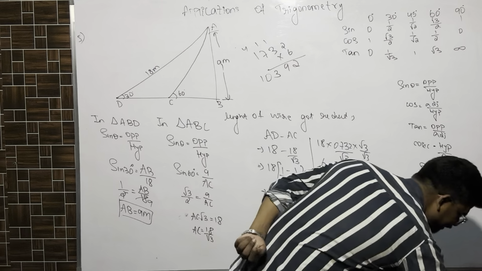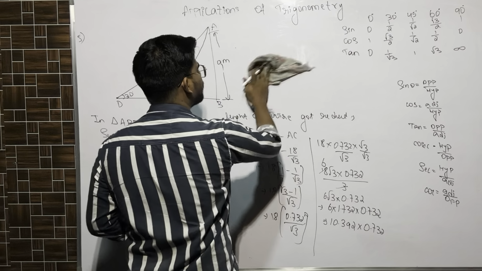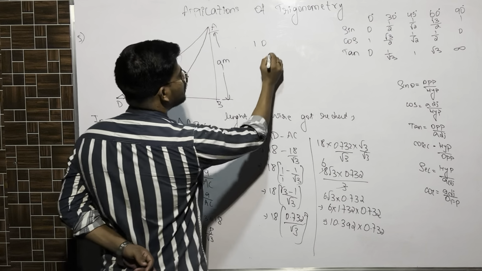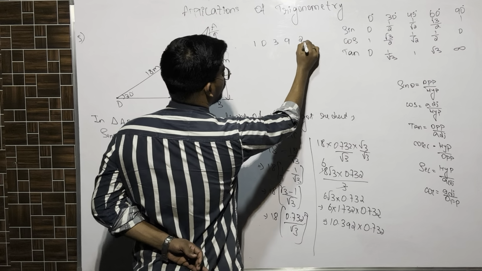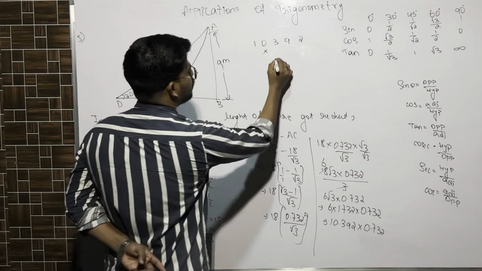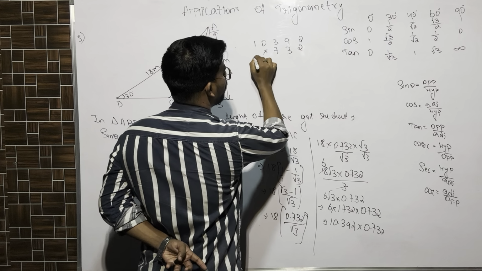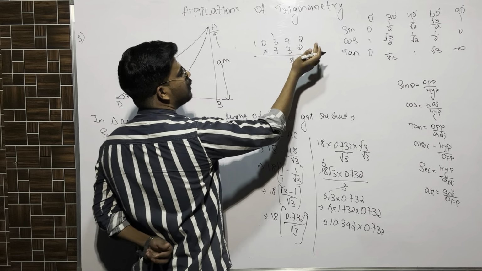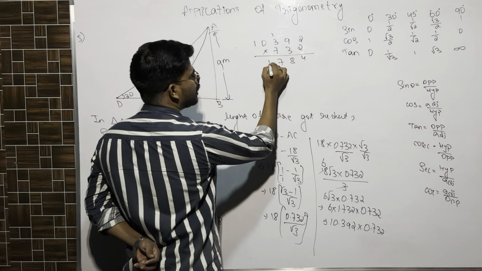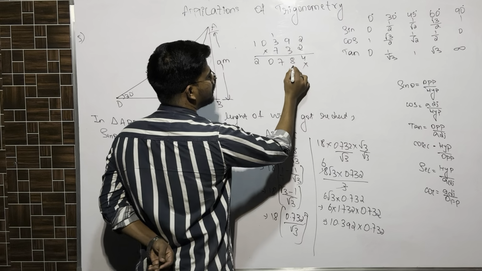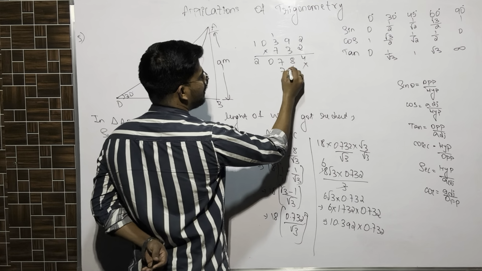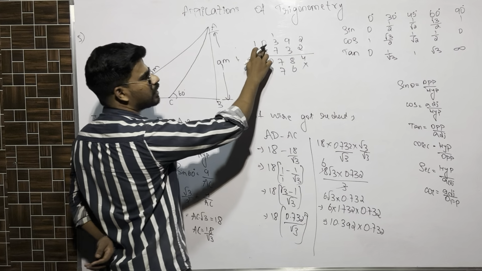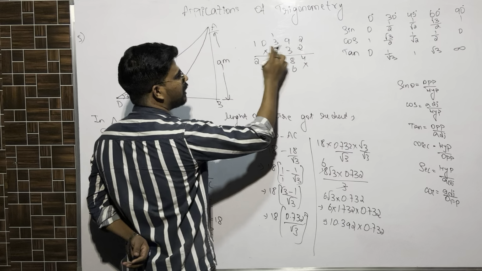0.732. A bigger multiplication, do it properly. So it is 10392 into 732. 2 2s 4. 2 9s are 18. 3 6 plus 1, 7. 2 0 is 0. 2 1 is 2. 2 3 is 6. 3 9s 27. 3 3s 9. 9 plus 2, 11. 3 0 is 0 plus 1, 1. 3 1 is 3.